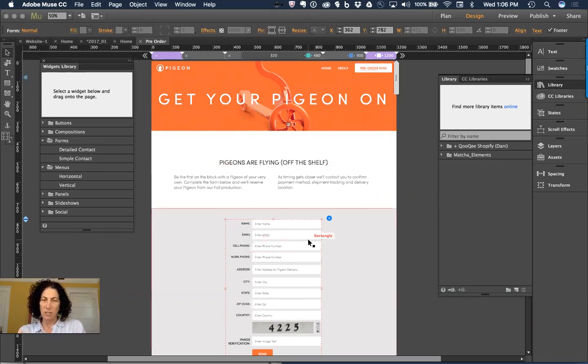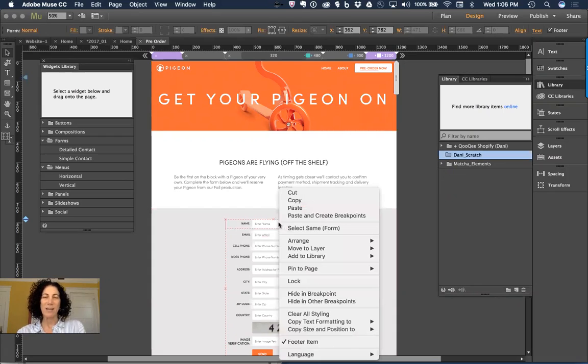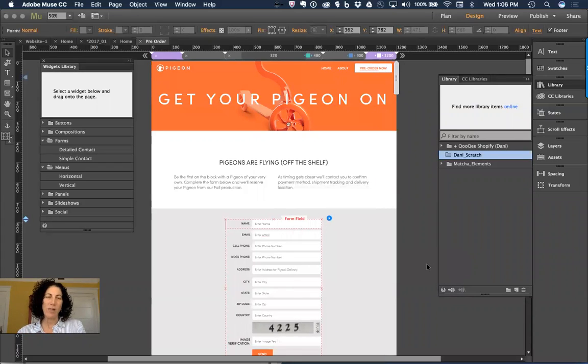So if I wanted to use this form element, because I've styled it out again, I can come in and create a new library for myself. I might call it Dani Scratch, because I'll probably delete this when we're done. And in that Dani Scratch folder, I can come to an element and right-click on it and say Add to Library and select that folder. So let's say I were working with a colleague. I could gather up a bunch of these elements and email or link that to the colleague. But there's no real, as I mentioned, way to collaborate or share with a local Muse library or MuLib, as they're known. So I'll come on in, call it Dani Scratch,